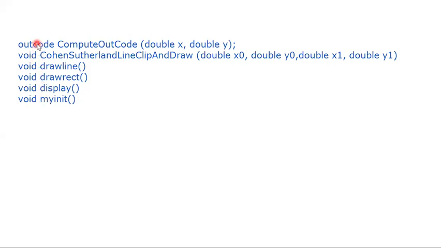First one is outcode. As in the previous video, we have seen the outcode of the program. Outcode is nothing but the ABRL code, that is above, below, right, left, or one more name is region code, or area code, and finally you can say it as outcode also.